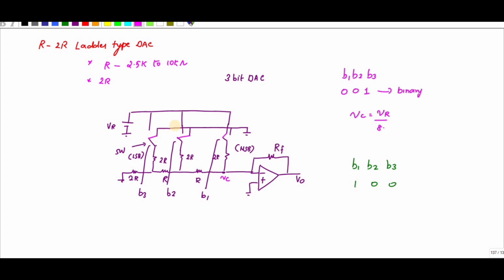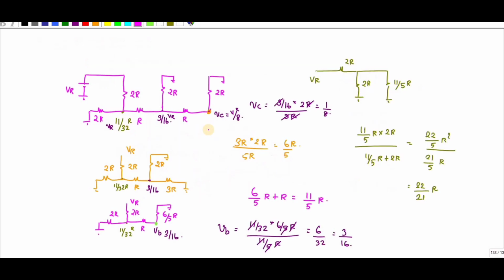Okay, so what happened if this condition occurs? Let me redraw the circuit. So here 2R is connected to ground. Okay, so here you have 2R, R, and this 2R is connected to ground, right? And this is R,